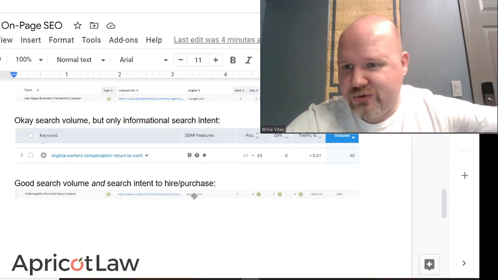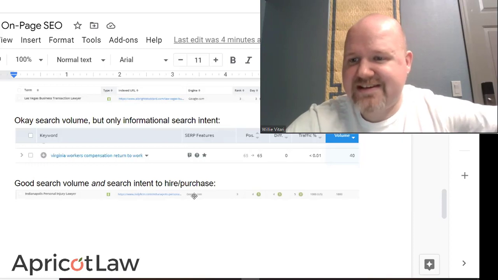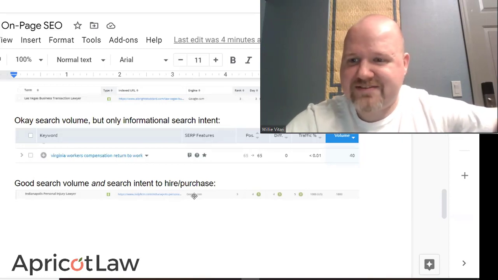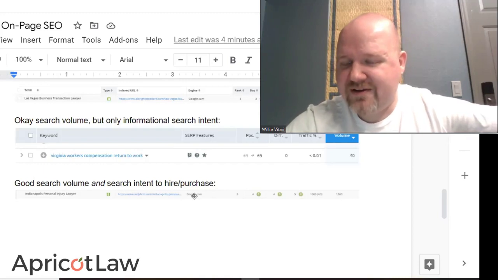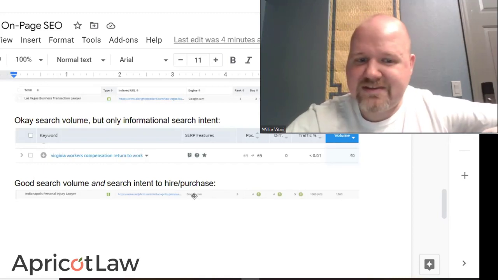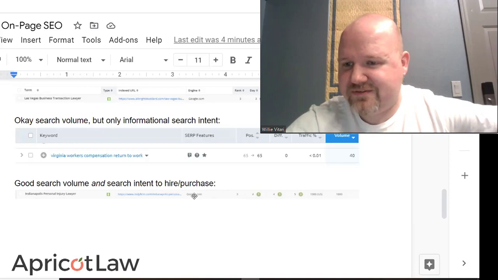We have seen that sites that rank for lots of informational keywords are sometimes harder to rank for intent to hire, intent to purchase keywords. If it gets out of control, it can really bog down your site and be hard to course correct from. So you have to be careful there.